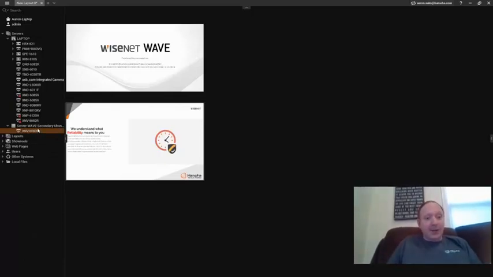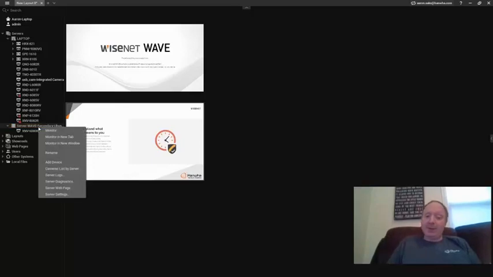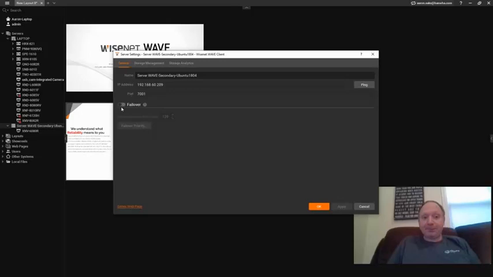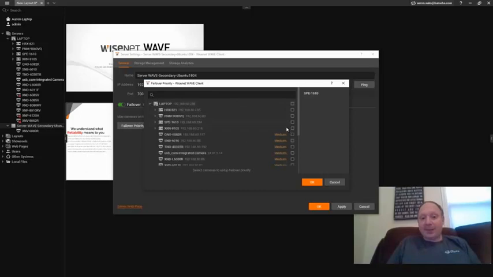Next, we also have a failover feature. If I want this server here to be a backup in case my main server fails, we can right-click, go to Server Settings, enable failover, and tell it how many cameras the server can handle. And that's going to be cameras recording as well as cameras to receive from the other server. And then we select a priority and we tell it which cameras on my system should fail over,